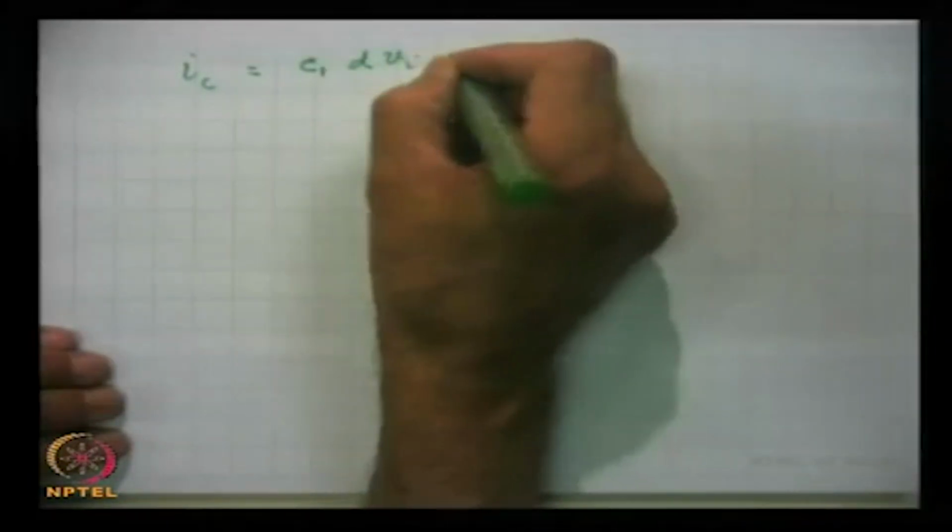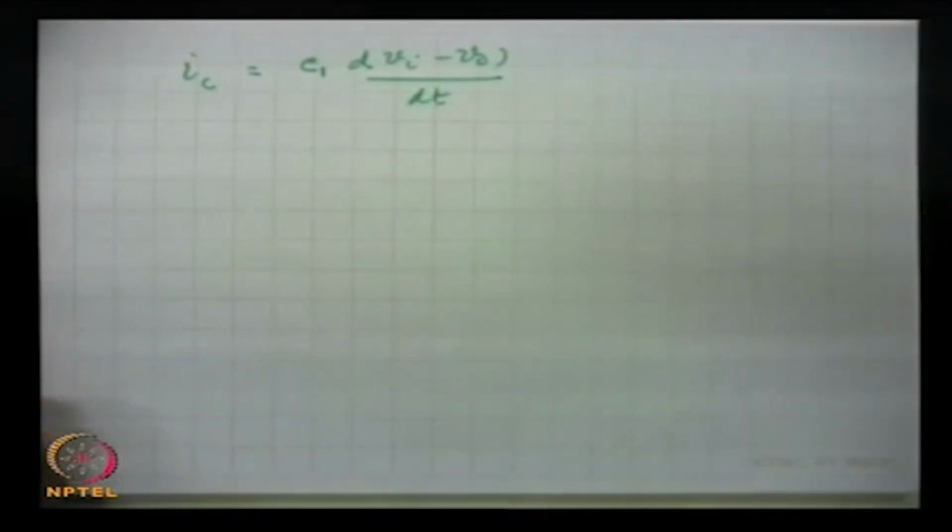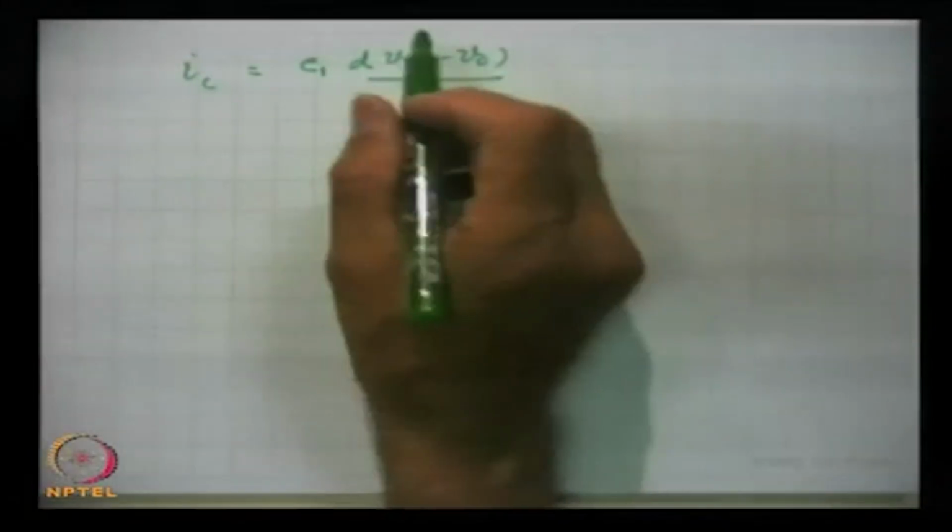Charging current we can write IC, this is equal to the capacitance into, from simple capacitor theory, and voltage difference. So, Vi minus V0 by dt,